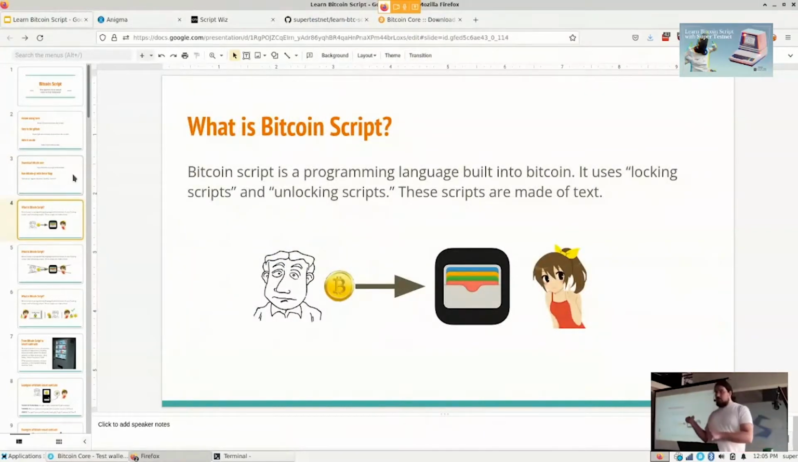Before we get into using Bitcoin Core and the programming stuff in a minute, but first I'm going to give a short lecture on what Bitcoin Script is. Bitcoin Script is a programming language, and it's built right into Bitcoin. It comes with every copy of Bitcoin, comes with your Bitcoin wallet. It's all in there. It uses locking scripts and unlocking scripts to control the flow of money, and these scripts